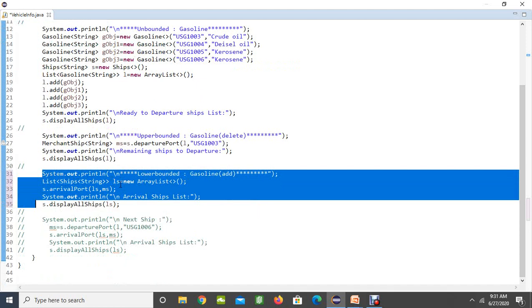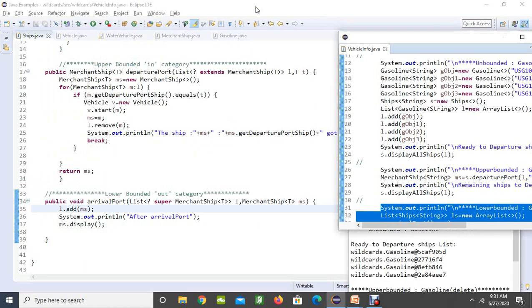I'm going to send arrival port my list, that means where we have to store, and also I'm sending the ship that already departed from the departure port. Finally I'm going to display the list that are available in the arrival port. So I'm going to save this and run it and see how it works.